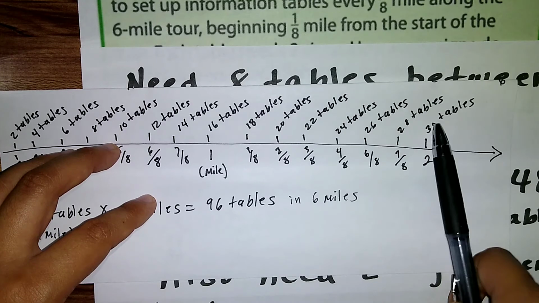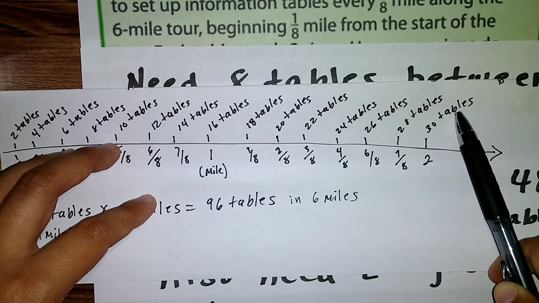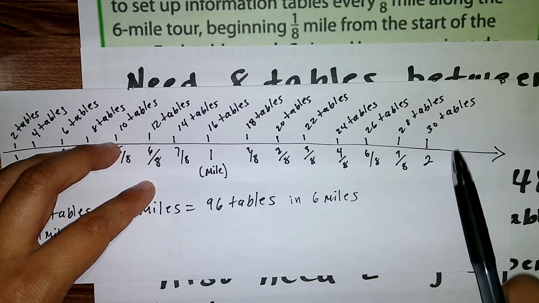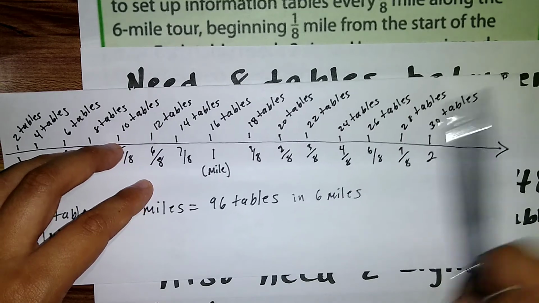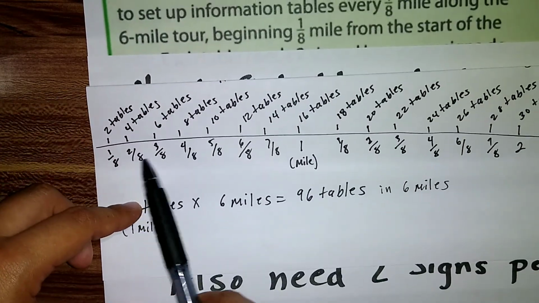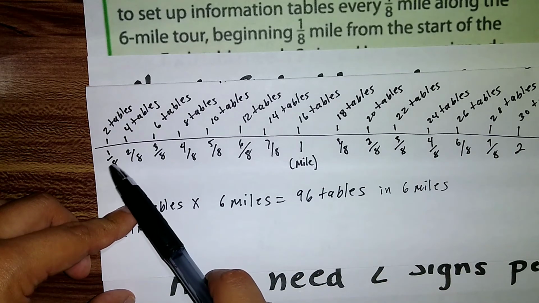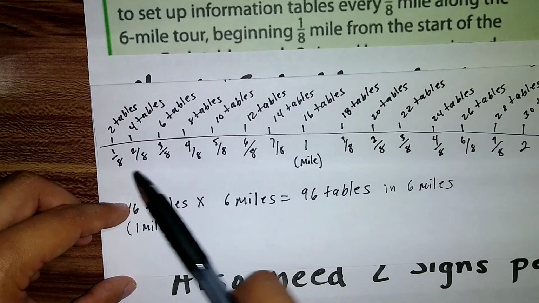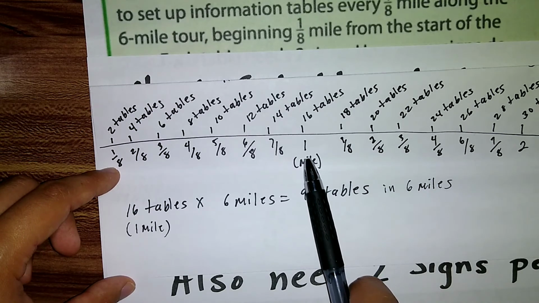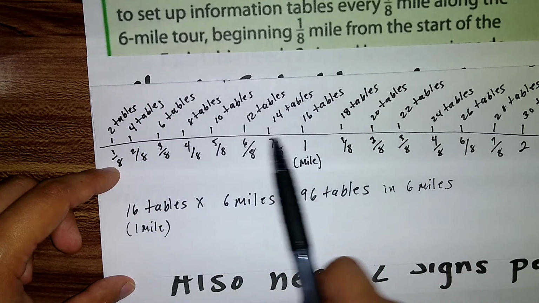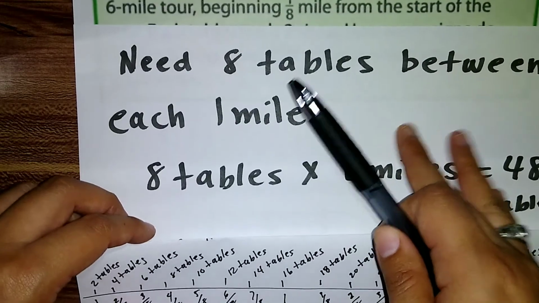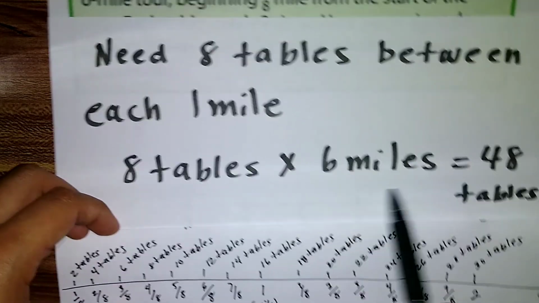Basically, at 2 miles, we landed at 30 tables. So from 30 tables, you just keep incrementing. Right here would be 2 and 1/8 again, and 2/8, and so on. That way, you can get a second approach using this number line. Just increasing by 1/8 and knowing that as you're increasing by 1/8, you're having a total of 8 tables within each mile, and you multiply it by 6 miles, you get 48